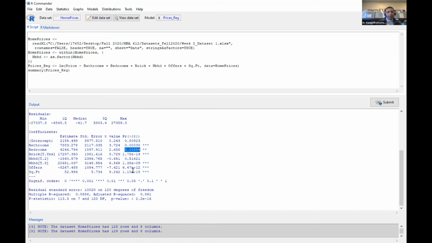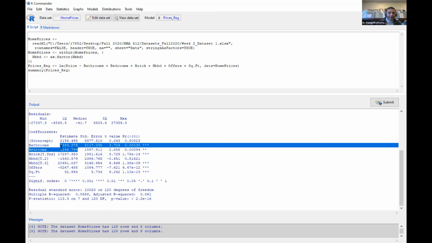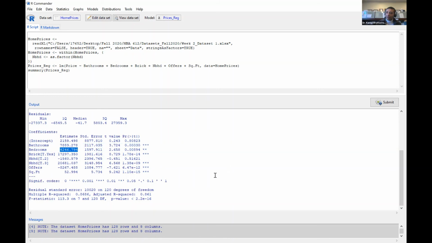Okay, we are only looking into 0.05 as my alpha. So 5%, anything less than 5% means that that specific variable stays in the model. So for every extra bedroom, the home price increases by $4,246. For every extra bathroom, the home price increases by